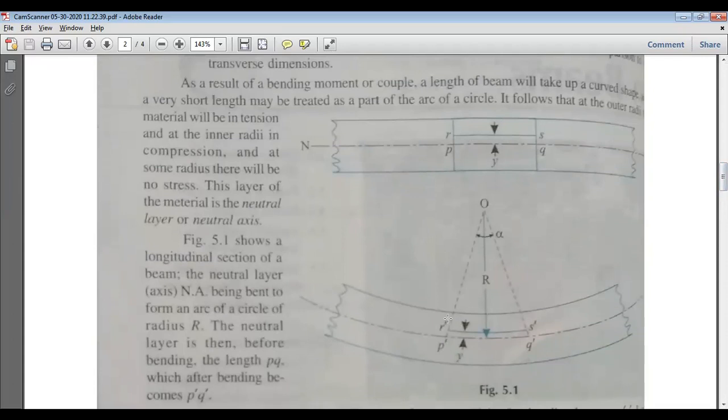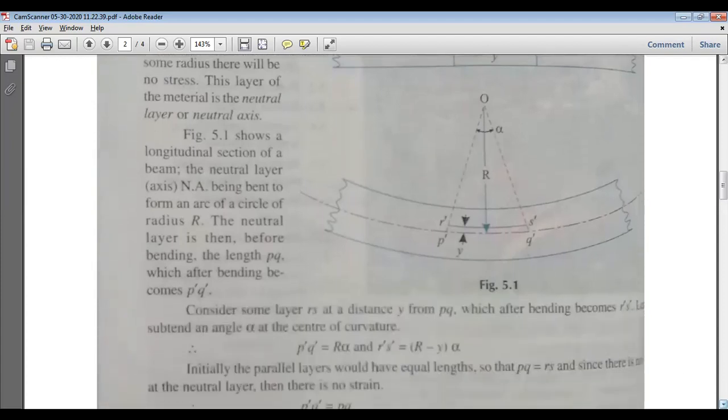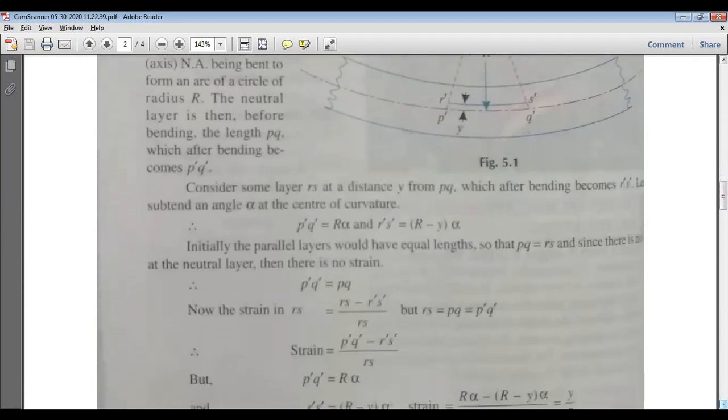So P dash Q dash will be equal to PQ. Of course it will be equal, but the shape will be slightly changed, because earlier it was a straight line and now it will become a slight curve. Whereas R dash S dash will definitely undergo a big change, because RS is a straight line and R dash S dash will be a contracted curve. So this way we could establish the first part, and that was after substituting these values.